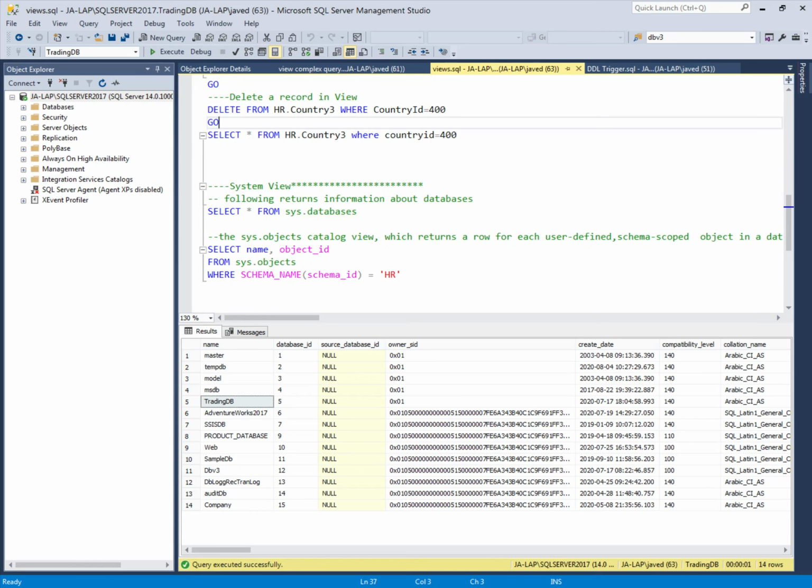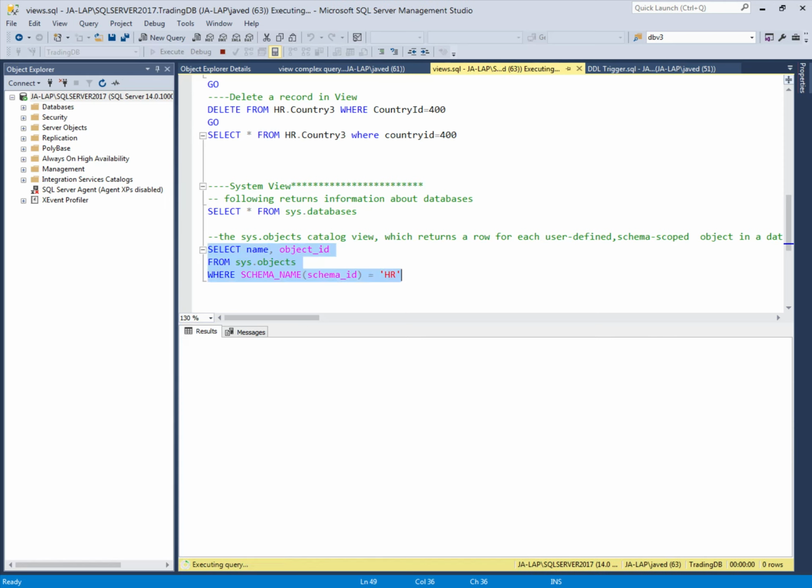And there is the sys.objects catalog view, which returns a row for each user defined schema scoped object. If I have the schema HR, I want to see what are the objects related to this HR. So I will use the catalog view sys.objects, and it will return all the objects related to this HR schema which I created in my example database.